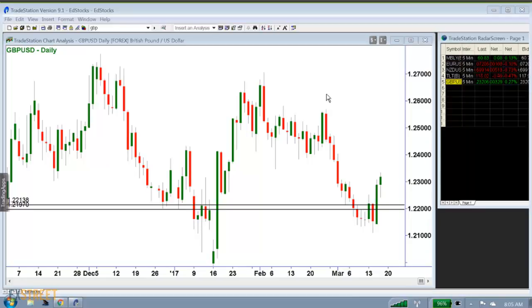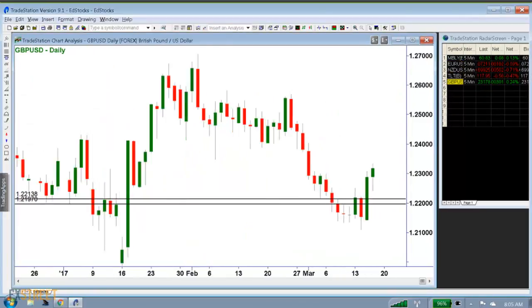Number one, British pound, you see up on your screen. First of all, huge day for the pound yesterday. Kind of amazing. And we talked about this earlier this week. What if the U.S. raises interest rates and the dollar goes down? And the dollar went down hard, didn't it?